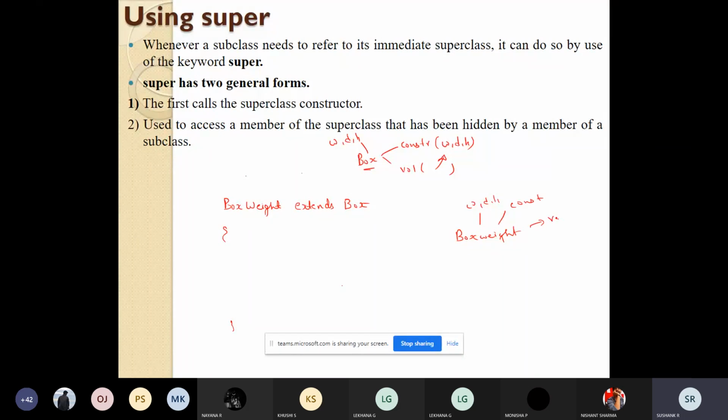This means box weight objects can access width, height, depth. They can access the constructor and the volume function. These are the members of the box class.